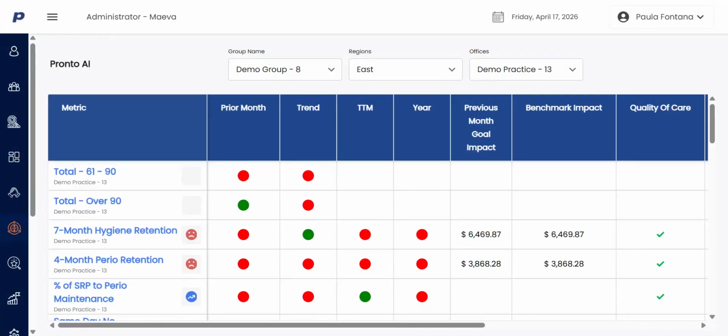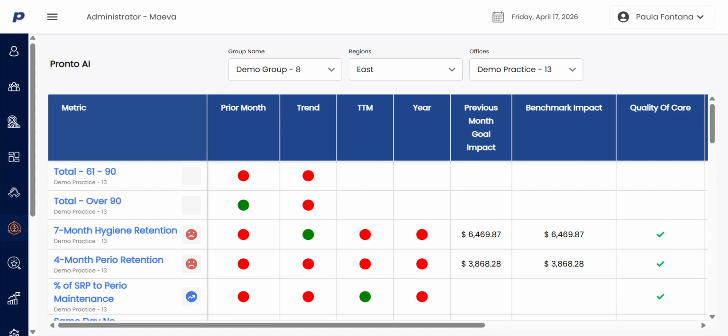Pronto AI was developed to take the hundreds of performance metrics that a practice is able to identify and observe and distill those down into the top 30 to 50 metrics that you want to focus on for each quarter. And this is where we, together with the practice owner or COO, will be setting opportunities for